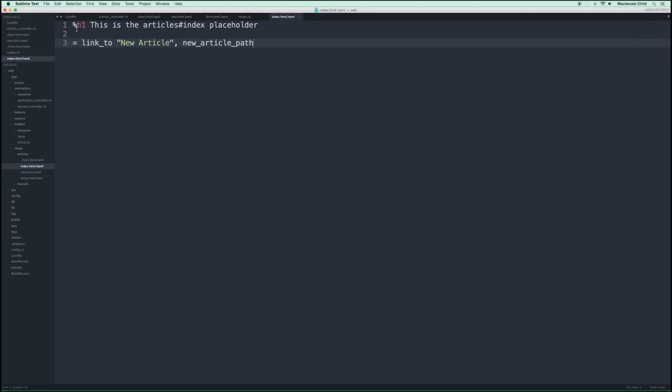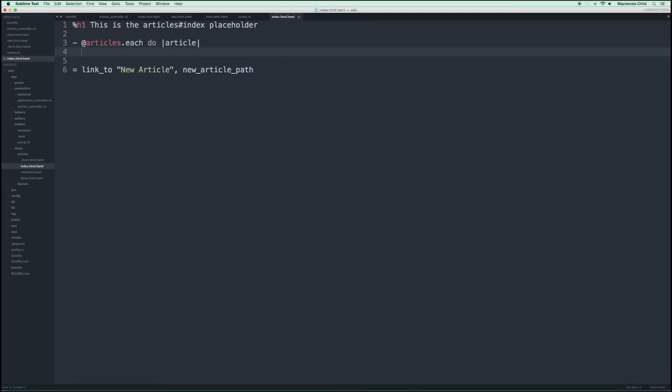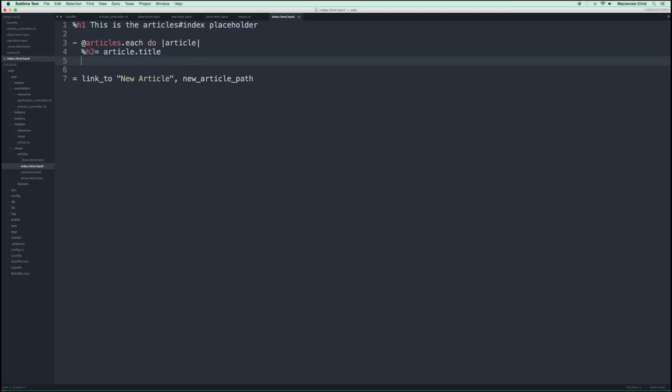So let's go back to the index.html.haml. Let's do a loop. So we'll do @articles.each do |article|, and then inside of that, for each article, we want to do an h2, and we'll do article.title, and then